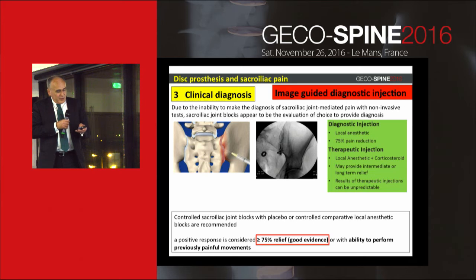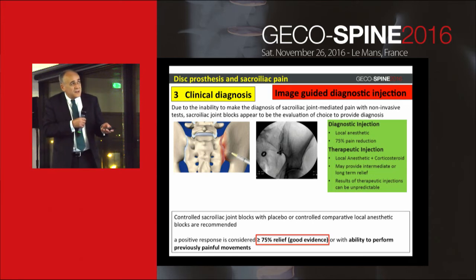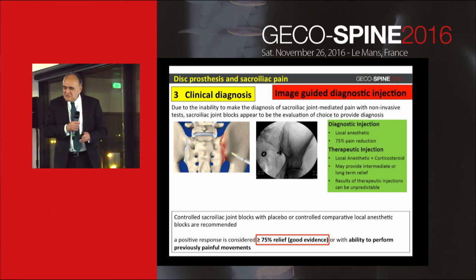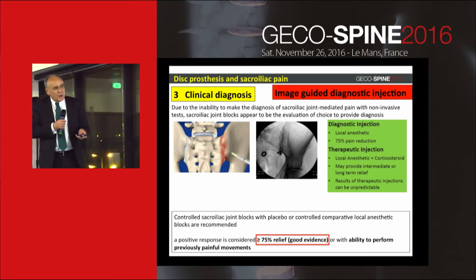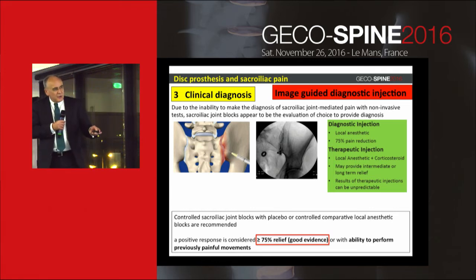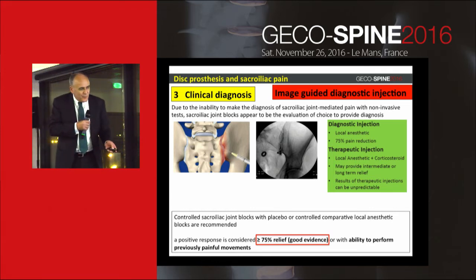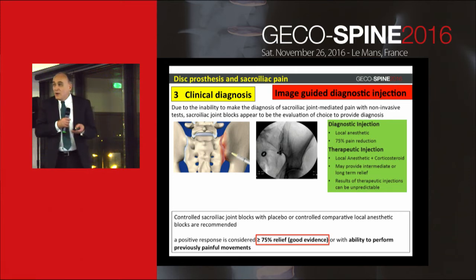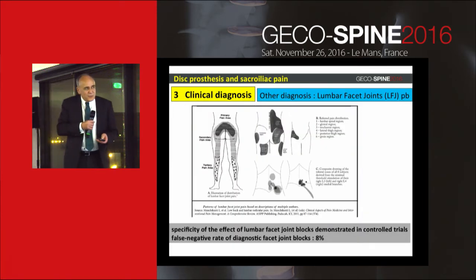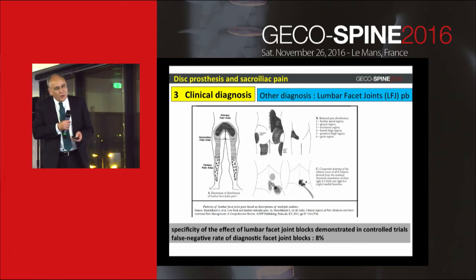Regarding the diagnosis, of course, we have the image-guided injection, and in the literature they insist on the percentage of relief. If you have less than 50% of relief, they think either it is not well done, so we must ask the radiologist to do X-ray with an opacification. But if you have more than 75% relief, all of the literature is okay to say it is a very big argument for sacroiliac joint pain. The diagnosis with facet problem is not always very easy.